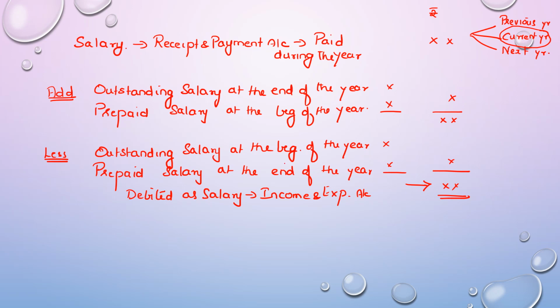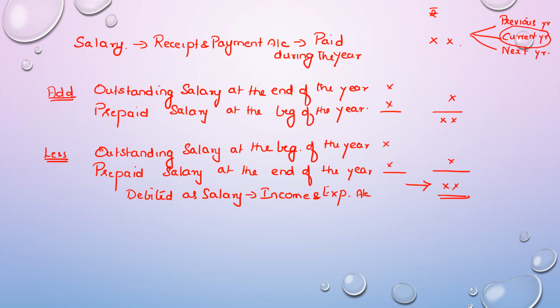Whereas the outstanding salary at the beginning of the year means as on 1st April of the current year, if there was outstanding salary, then it means it is related to the previous year. Previous year salary which is getting paid in the current year. So in the paid amount, the amount related to previous year which was not paid would have been paid in the current year and included here. But that is related to the previous year, not related to current year. So we have to subtract from that paid amount. So that is why we subtract the outstanding salary at the beginning of the year